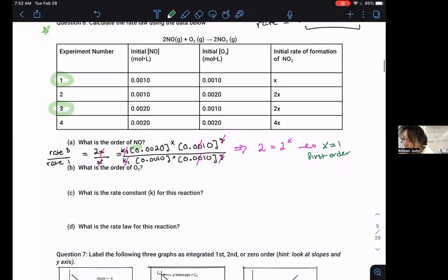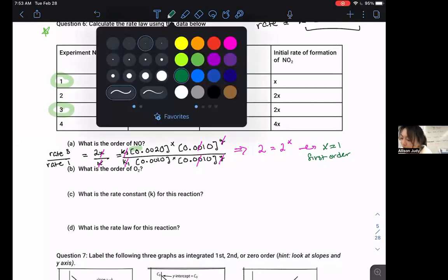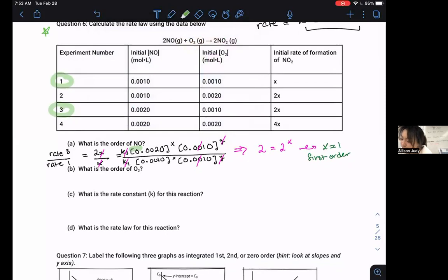All right, so for the O2 species, we're going to do the same process. And this time we're going to pick trials where we see a change in O2, but no change in the concentration of NO. So I'm going to pick trial 1 and trial 2. And I'm going to set up similarly. I'm going to do rate of 2 all over rate of 1 is equal to 2x over x, which is going to be equal to